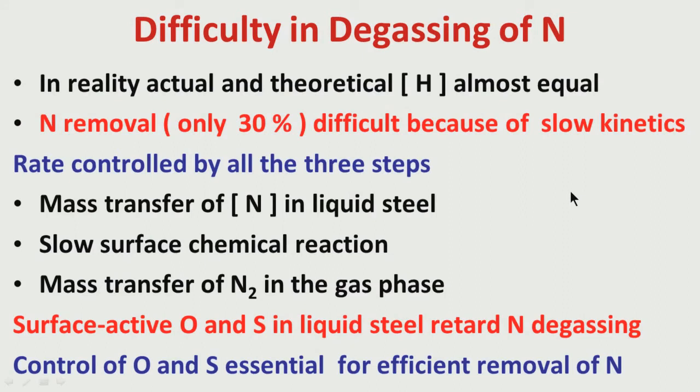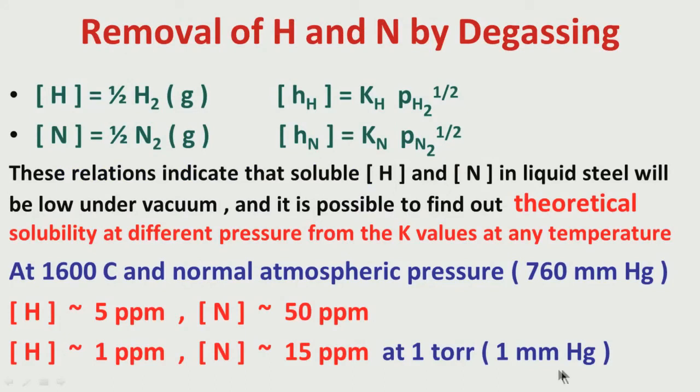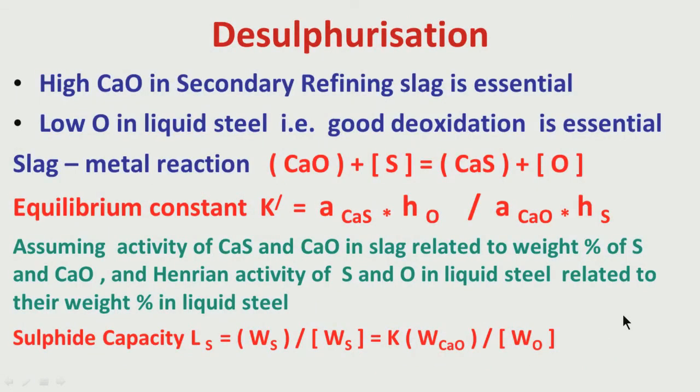degassing of nitrogen. So, the theoretical values I was discussing, like at 1 torr we must get theoretically about 15 ppm nitrogen or 1 ppm hydrogen. For hydrogen, as I have mentioned, it is not a problem. Hydrogen theoretical and realistic values are more or less similar. But for nitrogen, normally we do not get such low soluble nitrogen at 1 torr, it may be 30 or 40 ppm. Even at 1 atmospheric pressure, this nitrogen level is relatively more, because as I have told you,